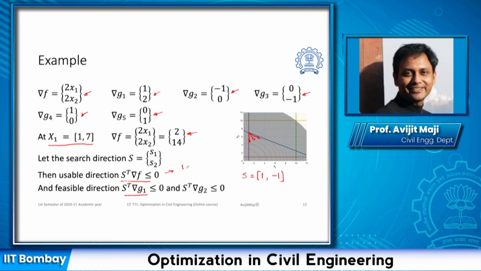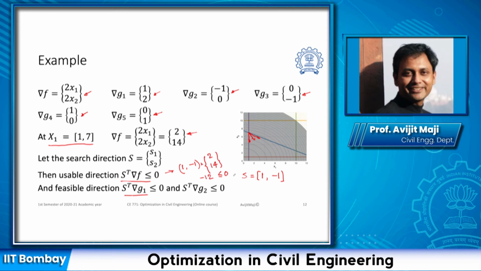because (1, -1) multiplied by (2, 14), this is going to give me 2 minus 14 is equal to -12, which is less than or equal to 0. So this direction we can definitely use because my function value is going to reduce in this direction,